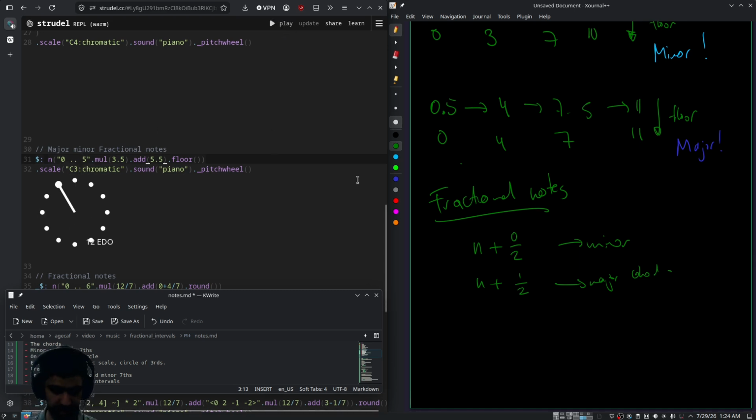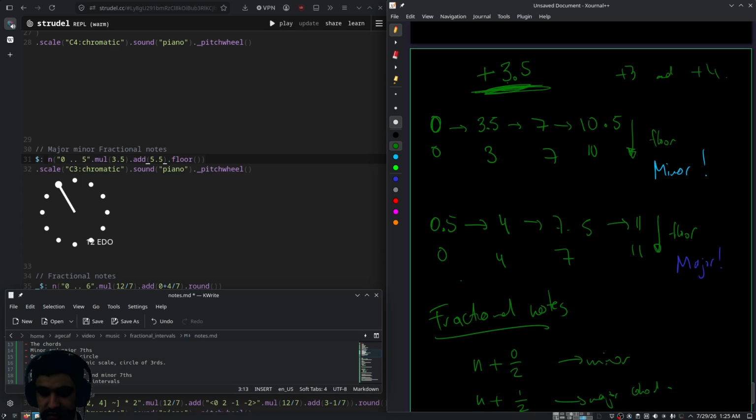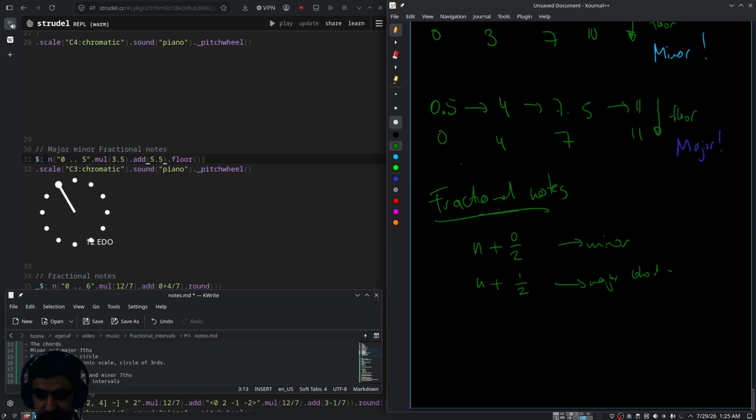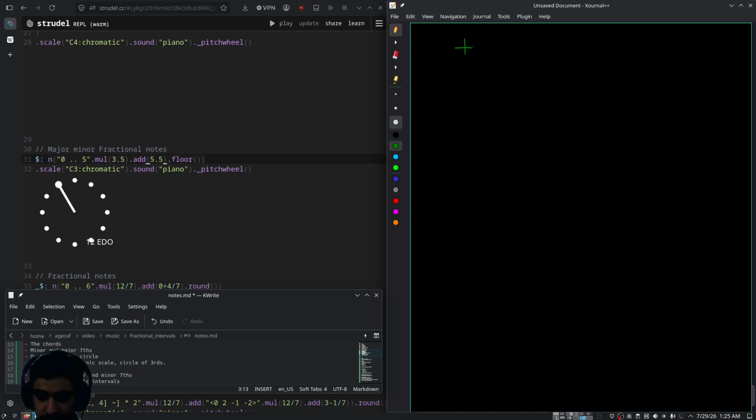And so as you can see, by using this method and using these fractional intervals, or these fractional notes, we can construct both major and minor chords, which is pretty cool. This also allows us to analyze what I call fractional intervals, right? So for example, we saw the plus 3.5. That's our third interval,